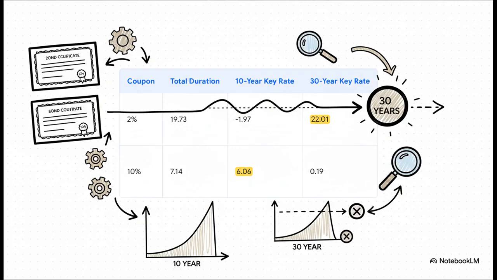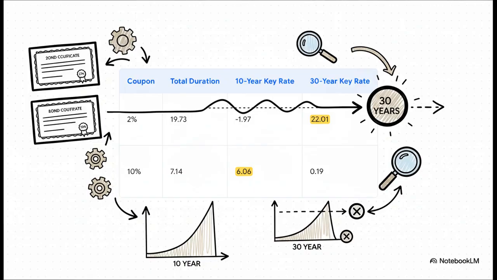This table is just a perfect illustration of why key rate durations are so powerful. We've got two 30-year bonds, and they're both callable in 10 years. Now, the low coupon bond, it's probably not getting called. So, no surprise, its risk is all packed at the 30-year point. But get this, look at the high coupon bond. It's almost guaranteed to be called in 10 years. So what happens? Its main interest rate risk completely shifts from its 30-year maturity to its 10-year call date. It's basically a 10-year bond now, and key rate durations are the only tool that lets you see that switch